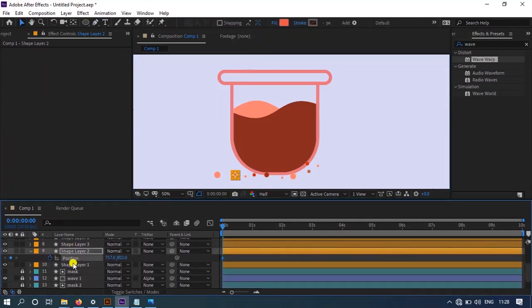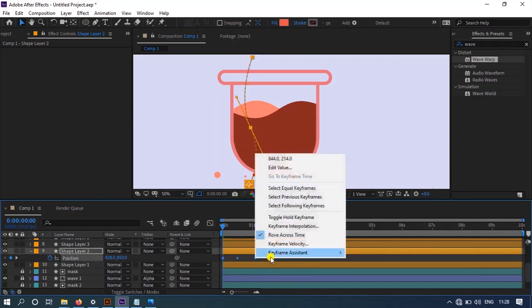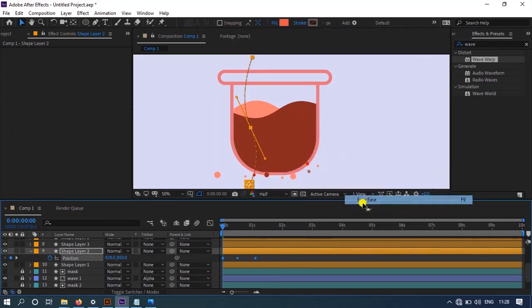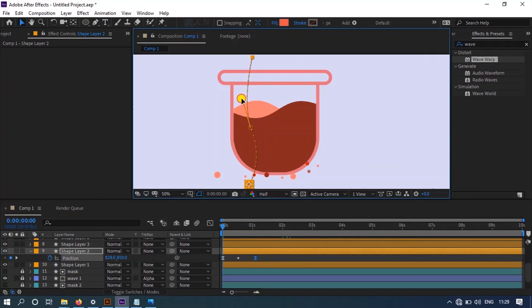Click on this stopwatch icon and press Ctrl V. So you have pasted your path which we made with the pen tool. Now select these keys, go to keyframe assistant and ease them. And now change the curve like this.